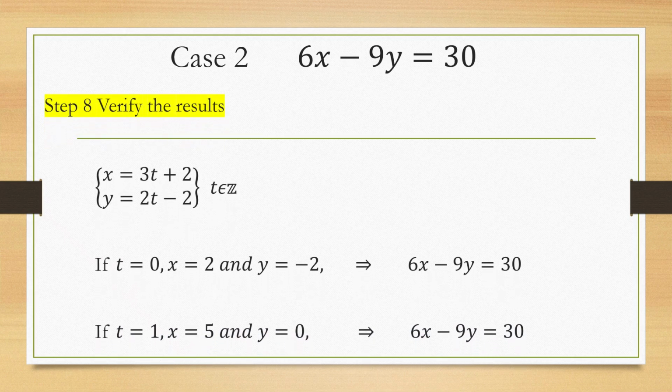So step 8 would be to verify the results. We got x is equal to 3t plus 2 and y is equal to 2t minus 2. We're just going to input some t values to verify. If t is equal to 0, x is equal to 2 and y is equal to minus 2. If we replace the x and y values, we get 30. So it works when t is equal to 0. When t is equal to 1, x is equal to 5 and y is equal to 0. And if we input those x and y values, we still get 30. So our solution was right,